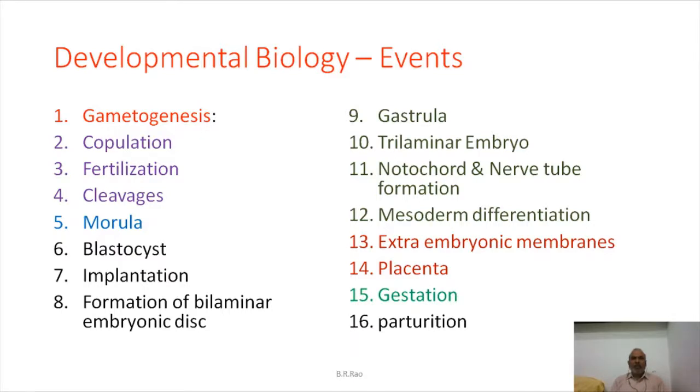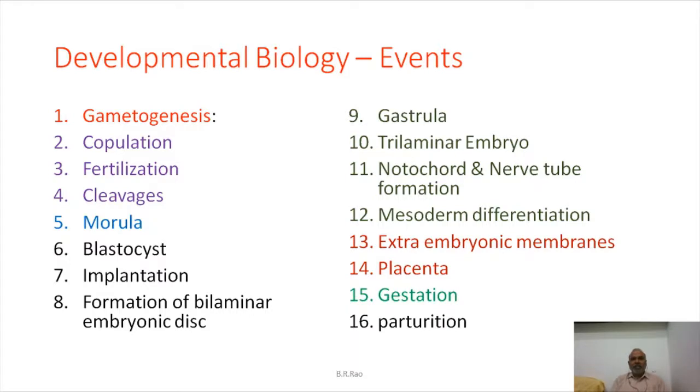Copulation. It's a process in which the male and female unite with one another. Fertilization. It is a process in which the two gametes, a male gamete, sperm, and the female gamete, egg, unite with one another. Cleavage. Cleavages are the phenomenon in which the zygote undergoes specific divisions, and later morulation, blastocyst